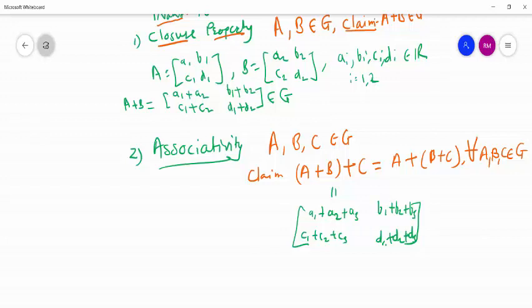Similarly, we can verify the right hand side. First do the addition of this, then it will look like A2 plus A3 first entry, second is B2 plus B3. To that first matrix we have to add, then it will look like this. So the right hand side, after simplifying, we can also come to this conclusion. So from this we can say left hand side is equal to right hand side. In this way we can prove. So we can say clearly, or homework to you.